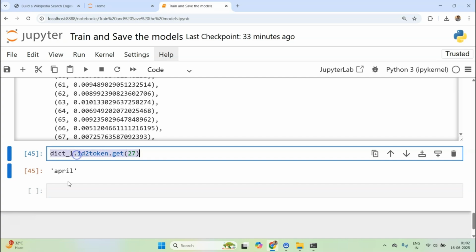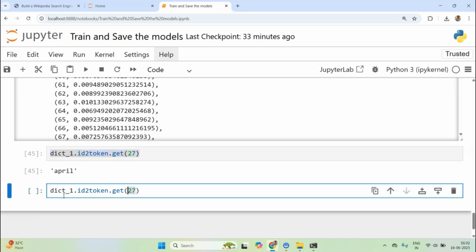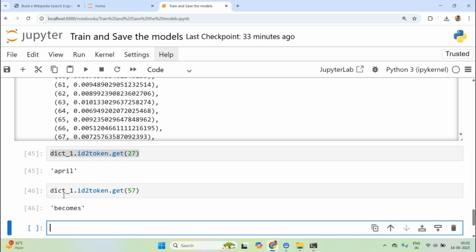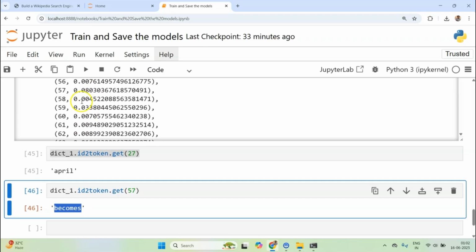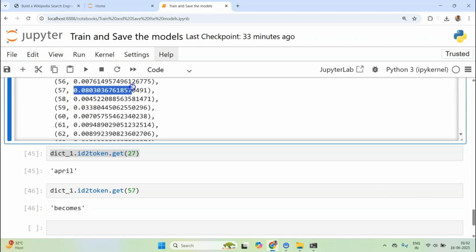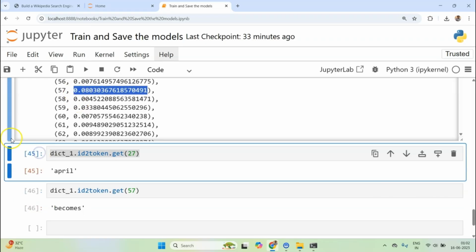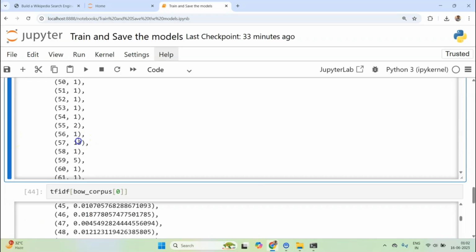Okay, 27 is April. But what is 57? It is becomes. You can see becomes is a very common word. It should have been removed as a stop word in the pre-processing step. But anyway, you can see 57 is getting a very low TF-IDF value, even though its count is high.